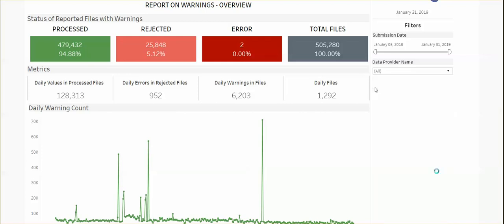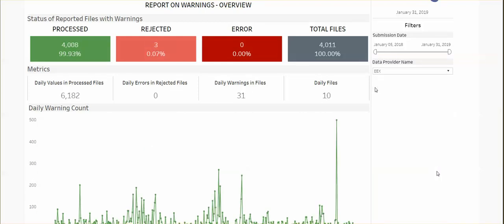The way warnings are implemented, there are particular data items which are more prone to warnings, which are generating a lot of the warnings. There are data items which are not generating warnings at all, the simpler ones. So some data providers will be more interested in using this report than others. It's completely possible that your organization didn't receive warnings at all for a given period of time if you are not supplying data for data items that have particular